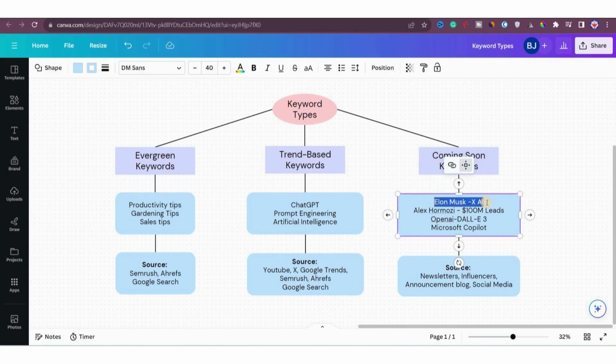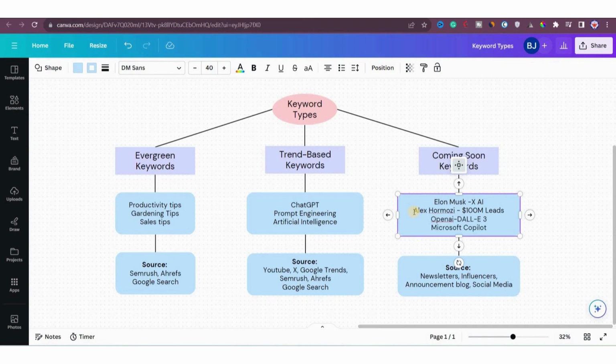You see an announcement, perhaps like a tweet, and you immediately create a post about it. In the following days, Google automatically indexes your page. This means that your page is at the top of the search result before anyone else creates content around that keyword. I applied the same strategy with Alex Hormozi when he was launching his $100 million leads book. I noticed that no one was creating content around it, so I swiftly created a blog post, Medium post, Reddit post, and YouTube videos. Basically, I covered it everywhere and I got massive results. I even got leads for my personal business and sales from Amazon.